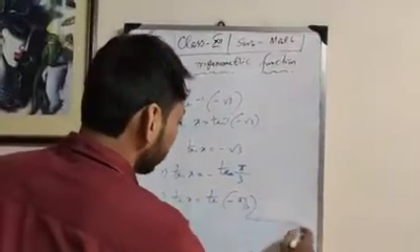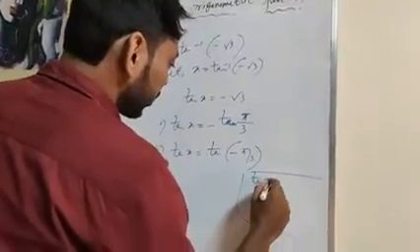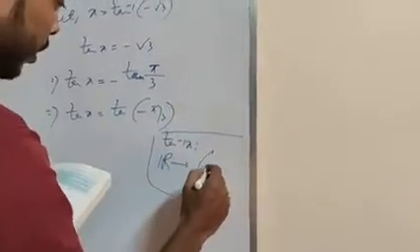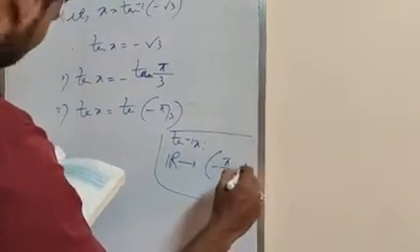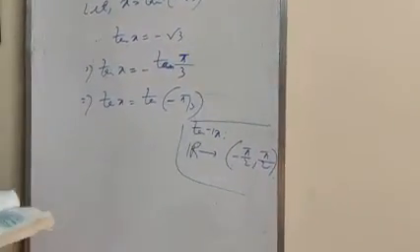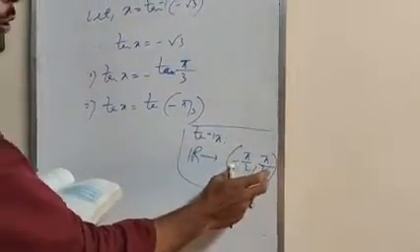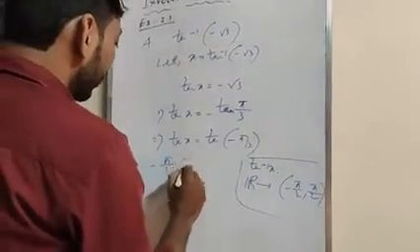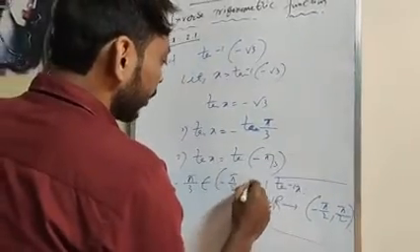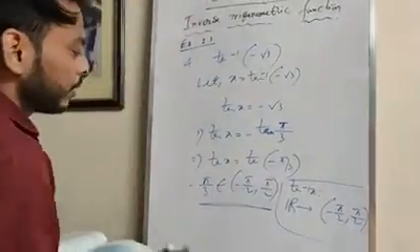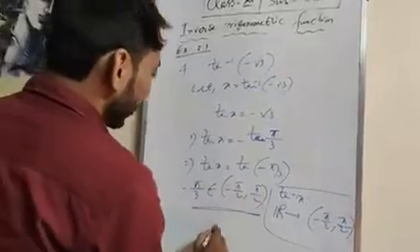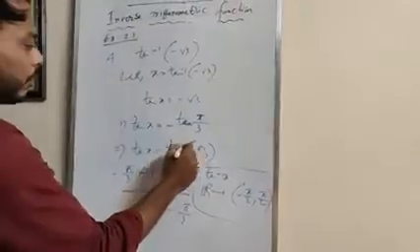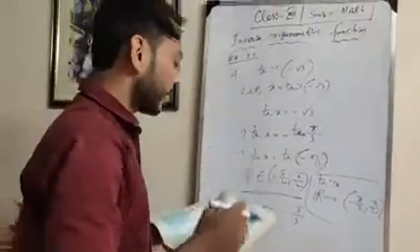You know that tan inverse x is defined from the set of real numbers to the open interval minus pi by 2 comma pi by 2. So here minus pi by 3 belongs to minus pi by 2 comma pi by 2. Okay, so it satisfies the range here. That means x equals minus pi by 3. That's why I am writing this minus within this bracket. Okay, that is question number 4.